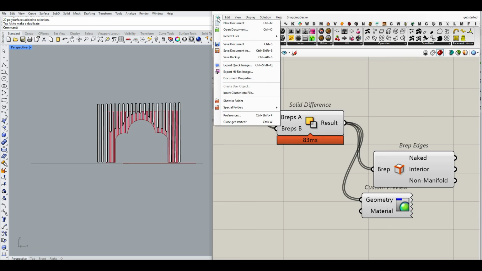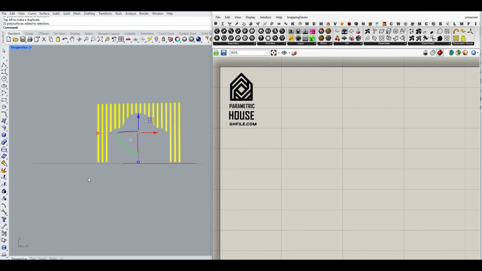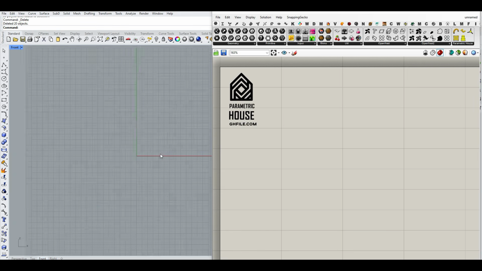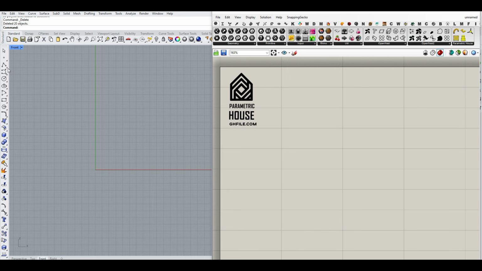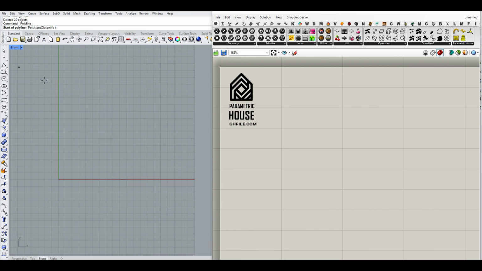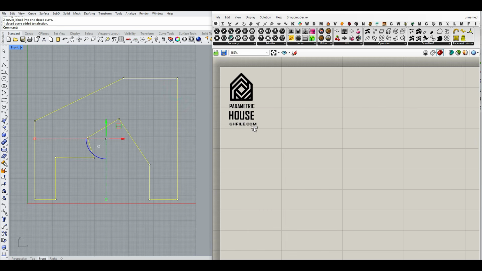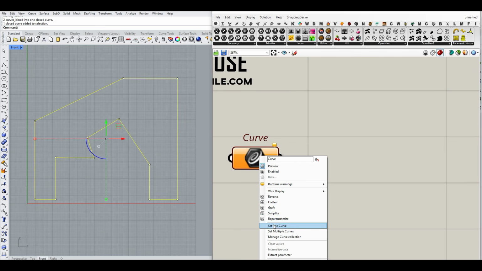Okay, let's get started from scratch. What I want to do here is to first of all have a closed curve in the front viewport. Why I'm using this is that I want to simplify the algorithm, so I'm going to use the XY as the coordinate. So for example, whatever closed curve you want to have here, you can just draw anything here. Okay. Now that we have this closed curve, I'm going to bring it inside Grasshopper and set that to the